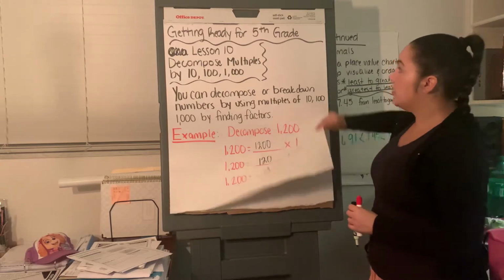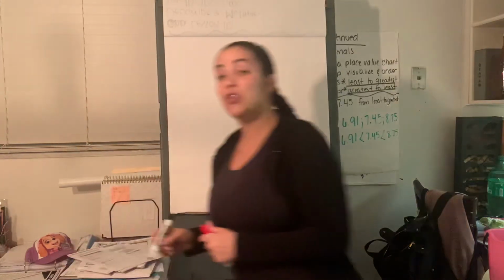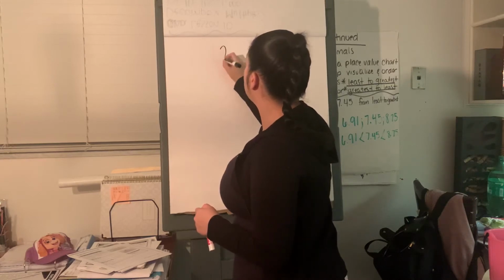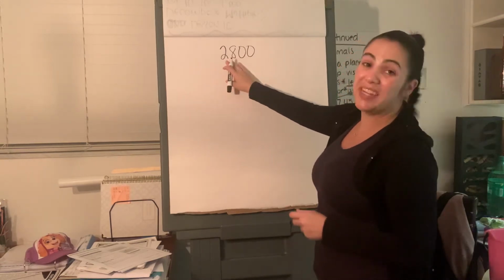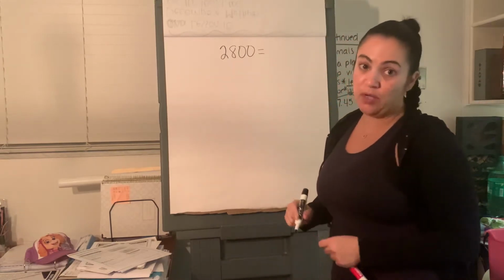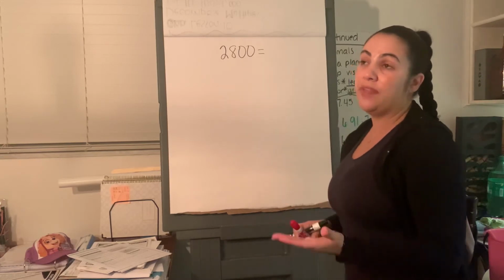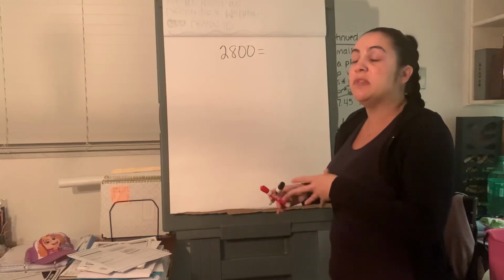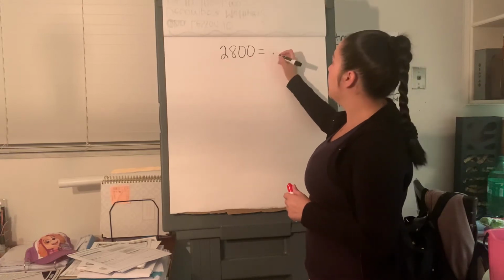Okay, so I'm going to give you another example, and this other example is 2,800, which is also, you can also say 28 hundreds. You say it's 28 hundreds because you have 28 hundreds in this number, and that's another way of saying it. And remember that we did that back in chapter 1 with place value, renaming numbers. So instead of saying 1,200, you can say 12 hundreds because it has 12 groups of hundreds in it. So here, if we're looking at 2,800, right, we're looking at